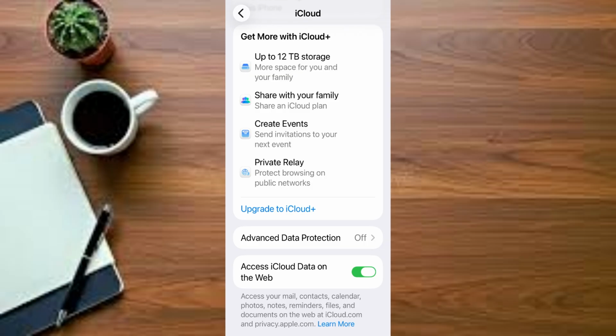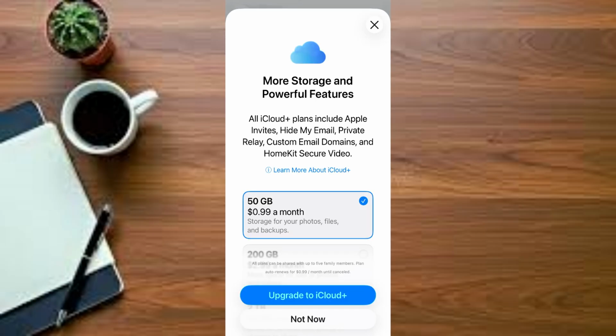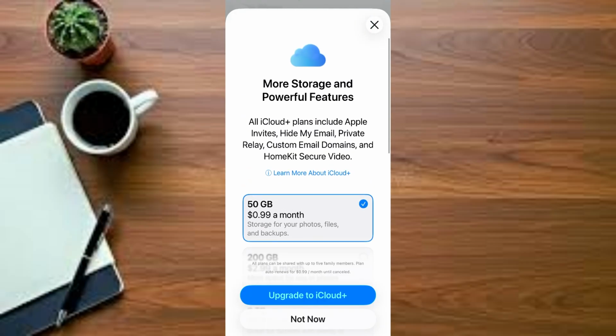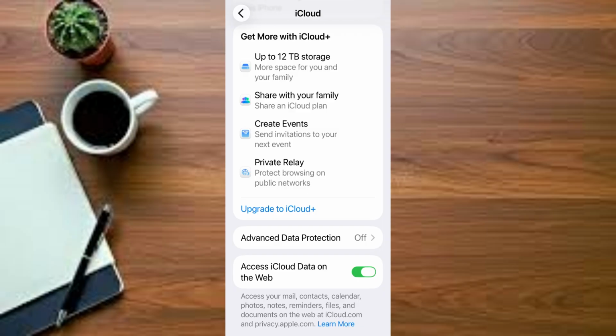So to do that, if you want to, just tap on Upgrade to iCloud Plus. And once you tap on that, it comes out like this. So it means you're going to pay for a subscription here. So this is just a simple process on how to turn on and off